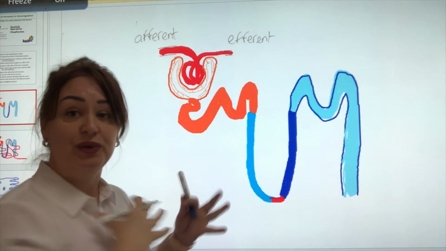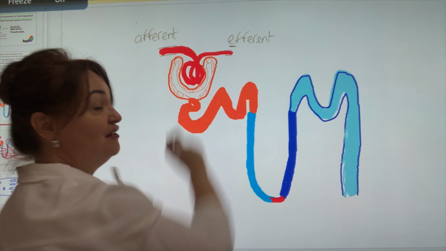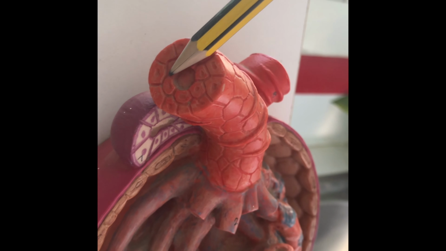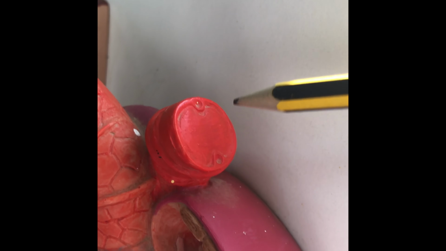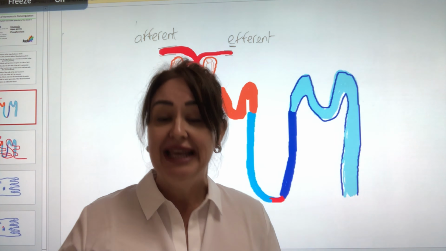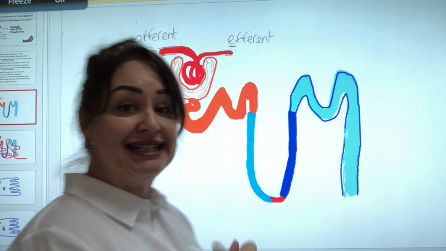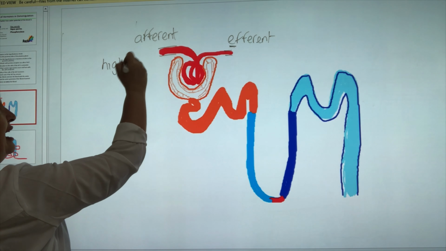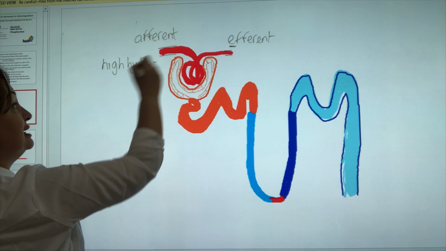And I always remember which way around it is because E for exit. Now the fact that it's wider going into the glomerulus and narrower on the way out creates this really high pressure. It is hydrostatic pressure because it's liquid within. So we have really high hydrostatic